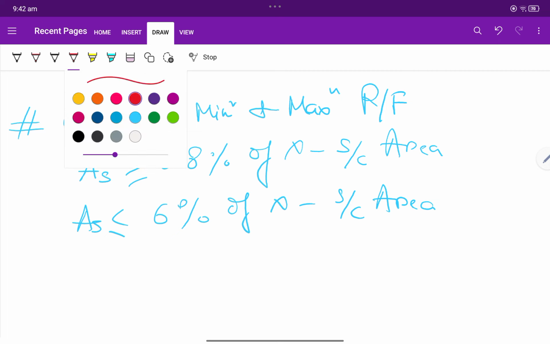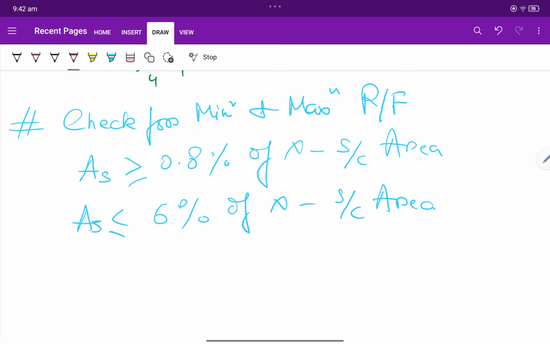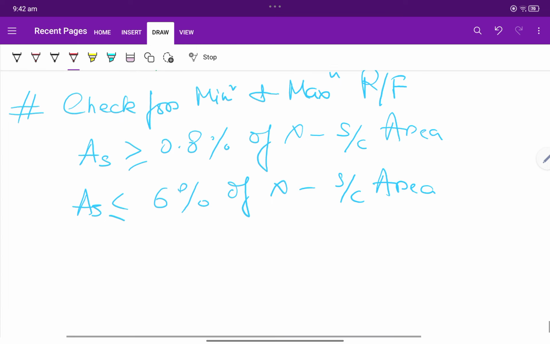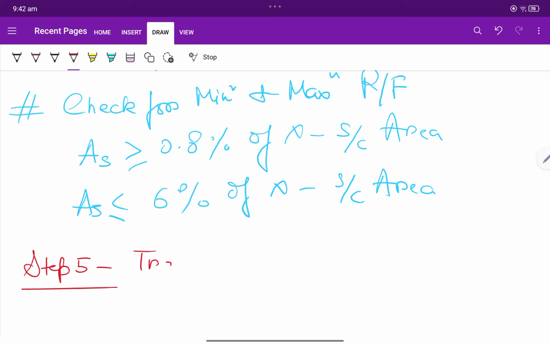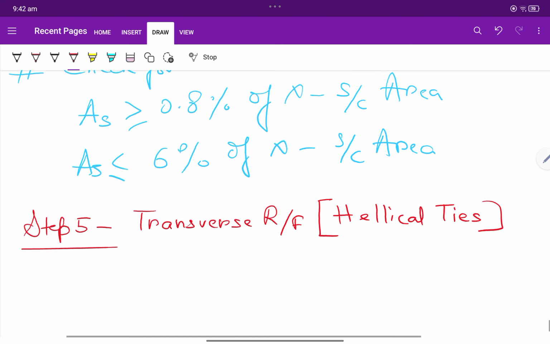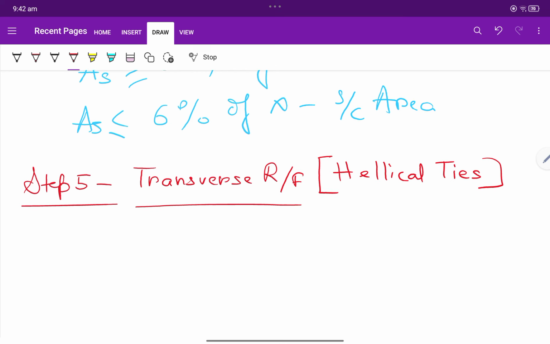Now the main catch comes here in designing the transverse reinforcement or the helical reinforcement. So step 5 will be the transverse reinforcement, the helical ties. Okay, so let's see how we will start it. So we know, as per IS 456,